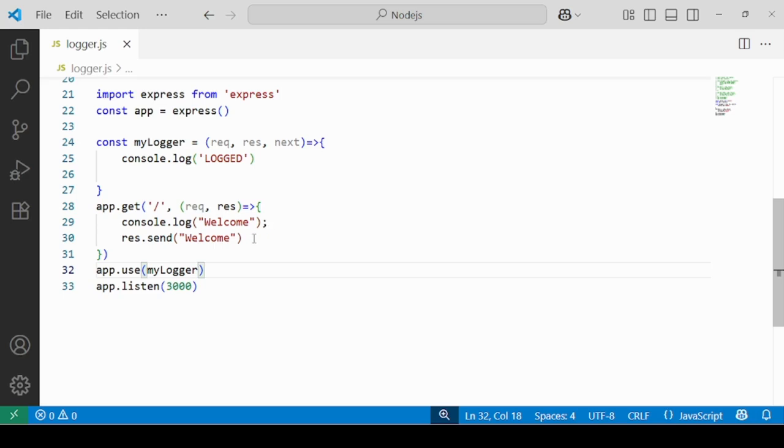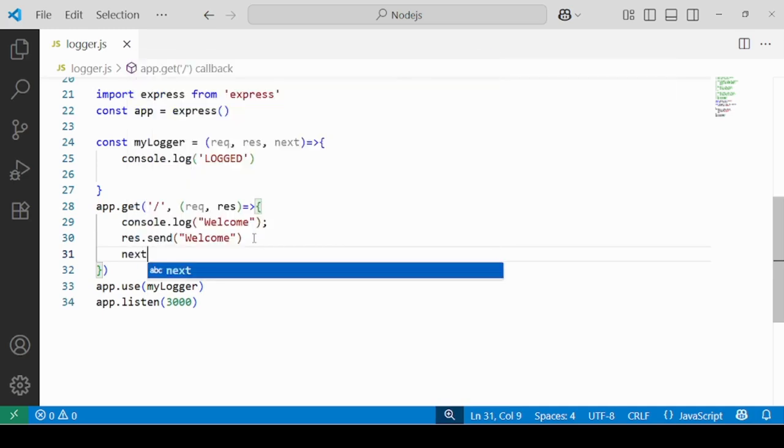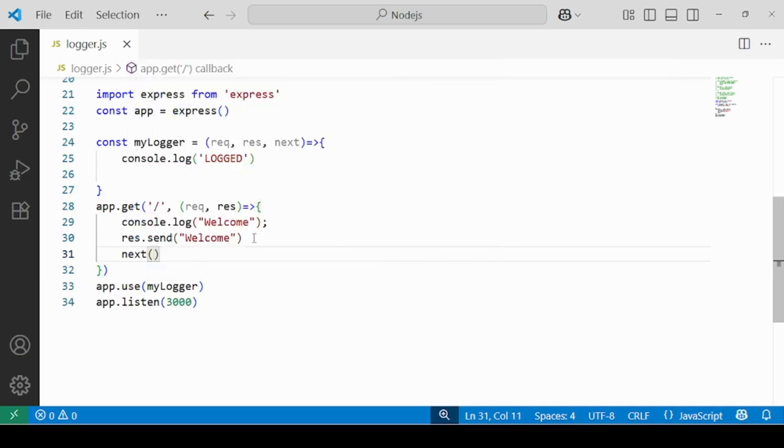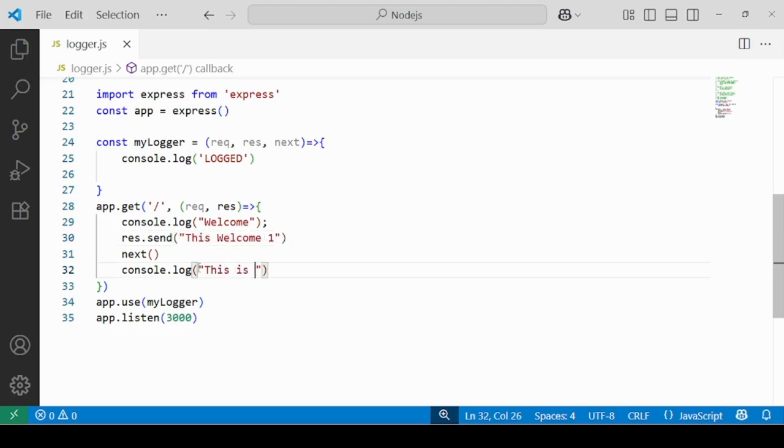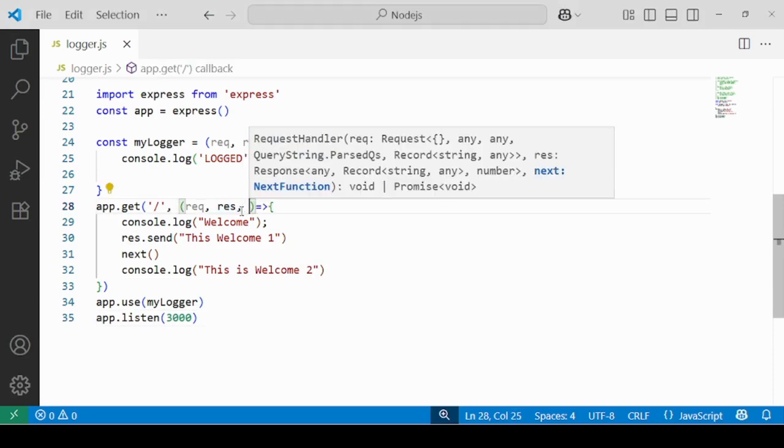I'm just going to have a next functionality here, for example. I'm also going to have this is welcome 1 and this is welcome 2. And mention your next function here as well in the parameter.